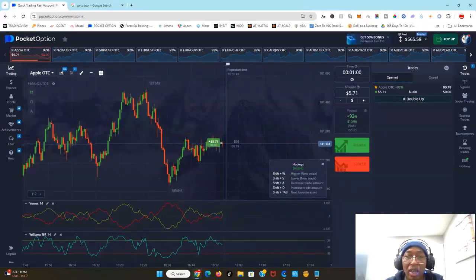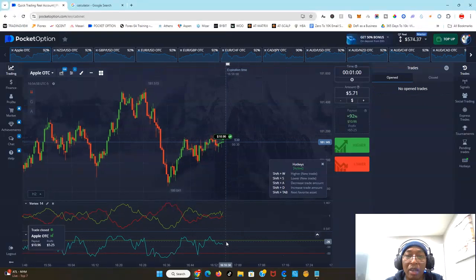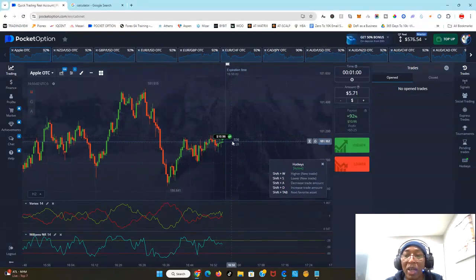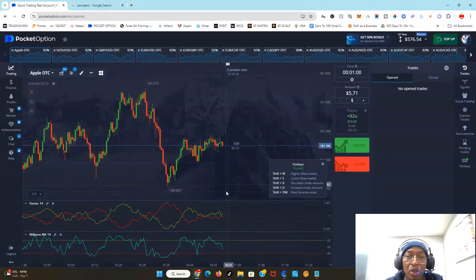Okay, it looks like it's pulling down, so it looks like the buyers have been beaten here. But you can see the Williams is still above the 50 mark, so it's away. It's in the upward trend. So I think we are in the right direction. But you can never be certain with this, and we did make it. Okay, so we won that trade, guys. So our conclusion was correct. So these indicators have helped us make that decision. Okay, so we go to the next one.